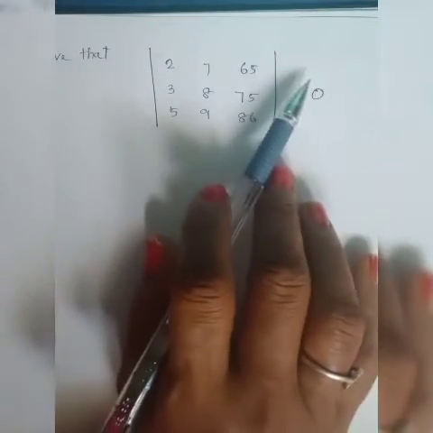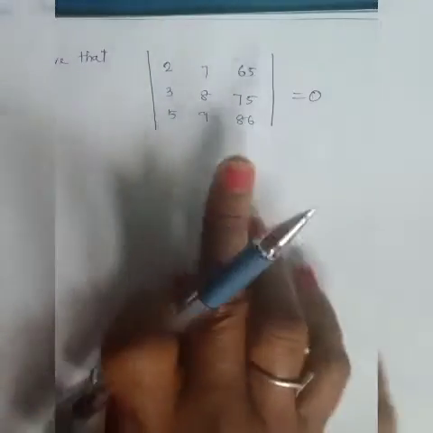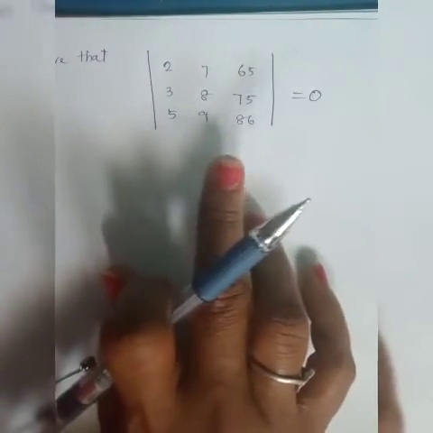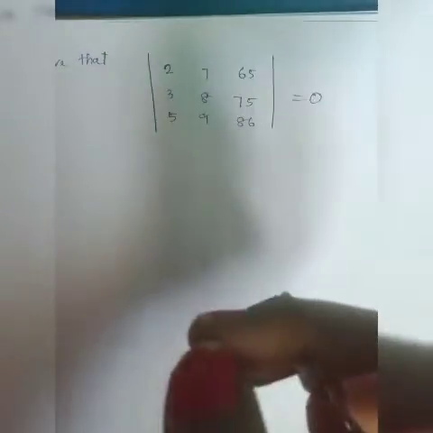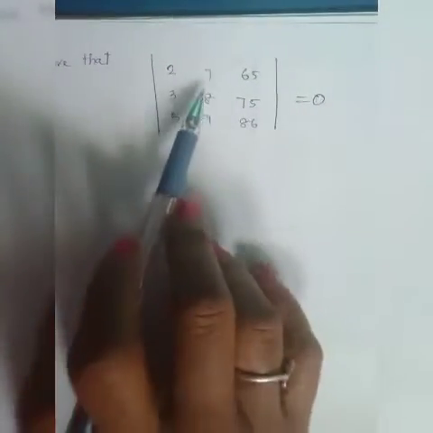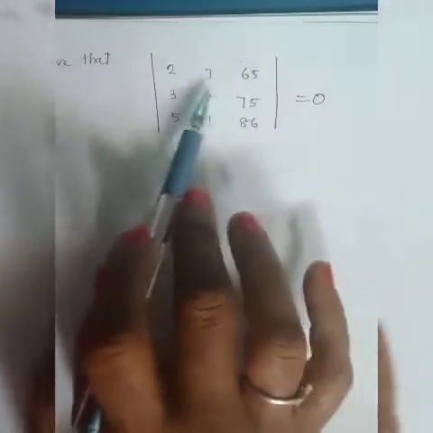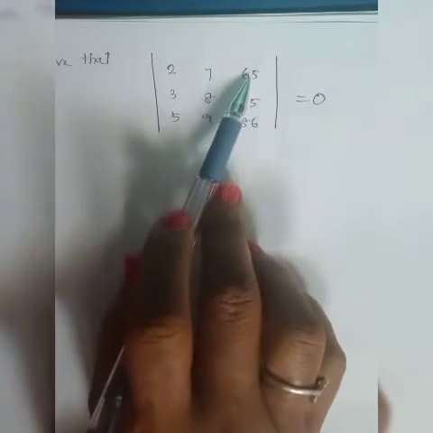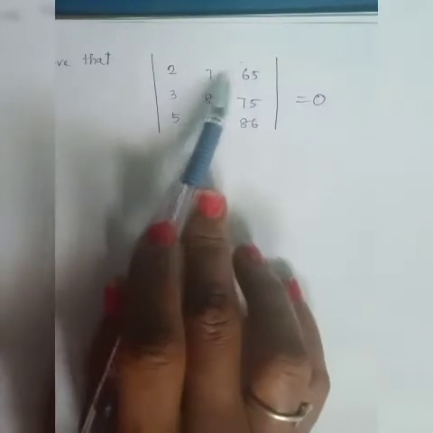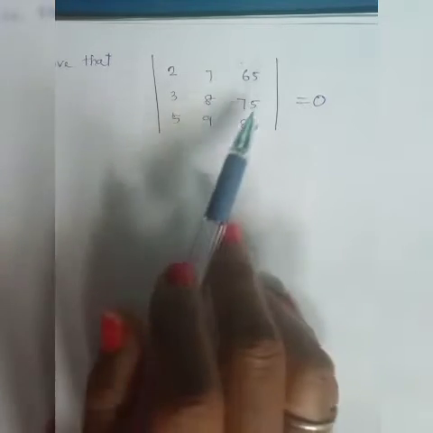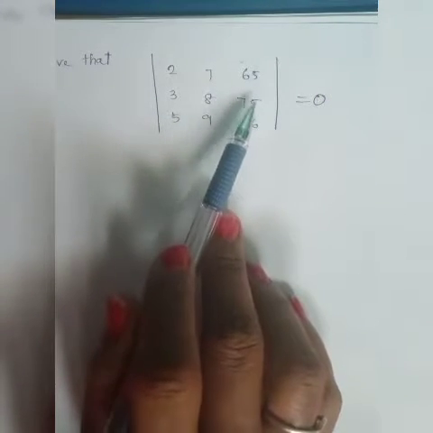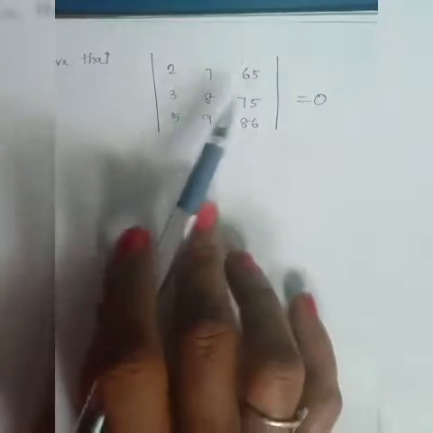Generally the determinant will be 0 if any two rows or two columns of the determinant are identical. So we try to make any two columns or any two rows identical. When we look at the combination between these two numbers, I mean the columns, I can write this as 63 plus 2, and 63 is nothing but 7 into 9, and similarly 8 into 9 will be 72, 72 plus 3. So this is a small clue over here.